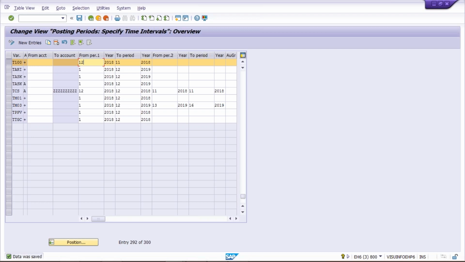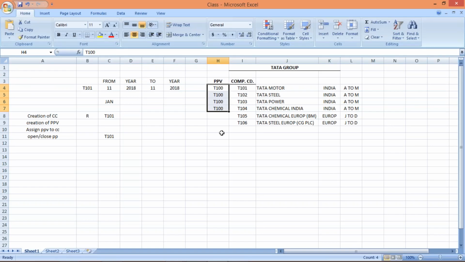If you open period 10 here, it means period 10 is open against all company codes. Now, if someone asks how to open period 10 for a particular user or a particular company code, that is a different discussion, already explained in basic settings. So if somebody asks what you mean by variant, you have to say a variant is a reusable